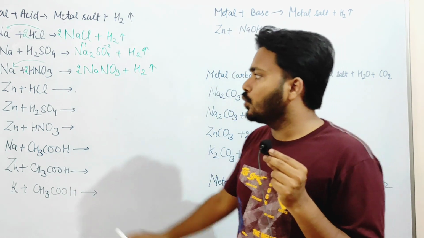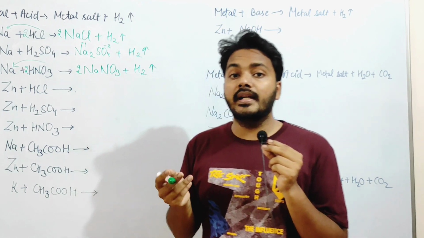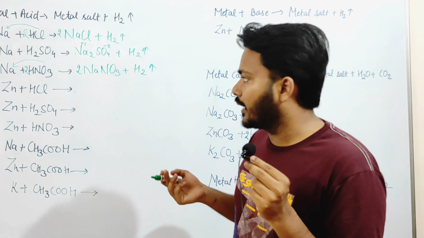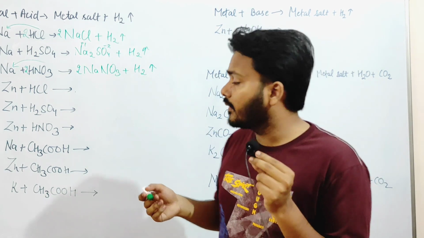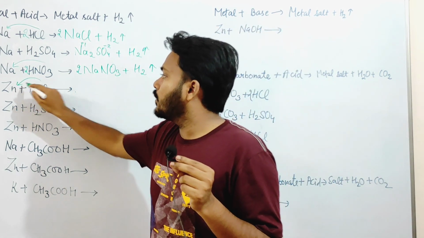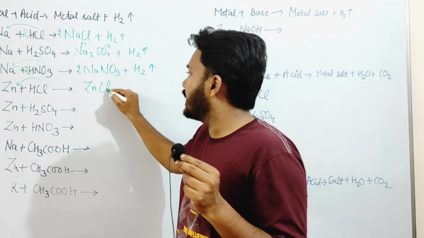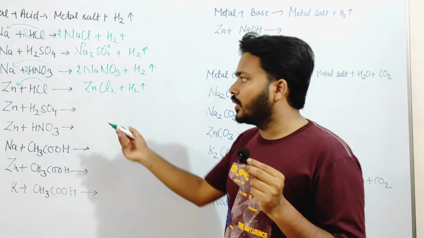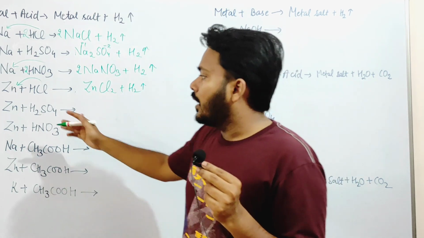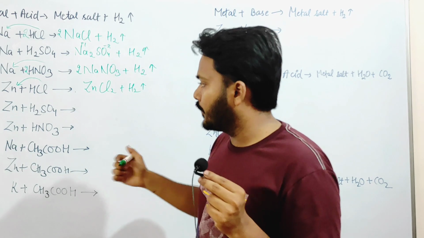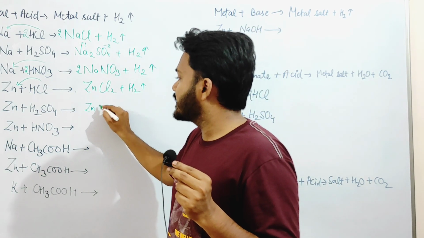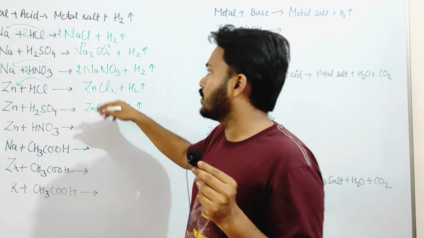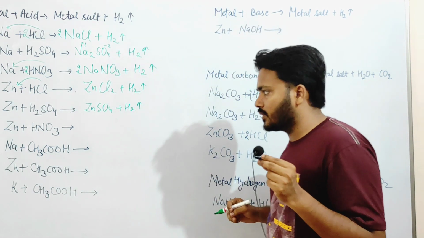Now we have used zinc metal, which is moderately reactive, with hydrochloric acid. We know that it is reactive and corrosive as well. Strong acid it is. So combine this, the product is zinc chloride plus hydrogen gas. Very simple reaction. Similarly, the next, H2SO4 plus zinc, sulfuric acid. So zinc sulfate plus hydrogen. In all the reactions, metal salt is formed along with the hydrogen.